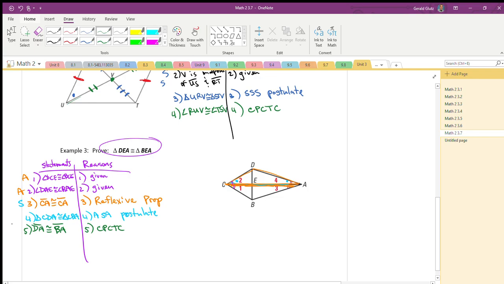So this was a side. This was congruent to itself. So now, if I'm just looking at DEA and BEA, I have an angle, angle, side, side. So now we just need to prove or use one more thing, and then we can prove that these 2 triangles are congruent. So if I look